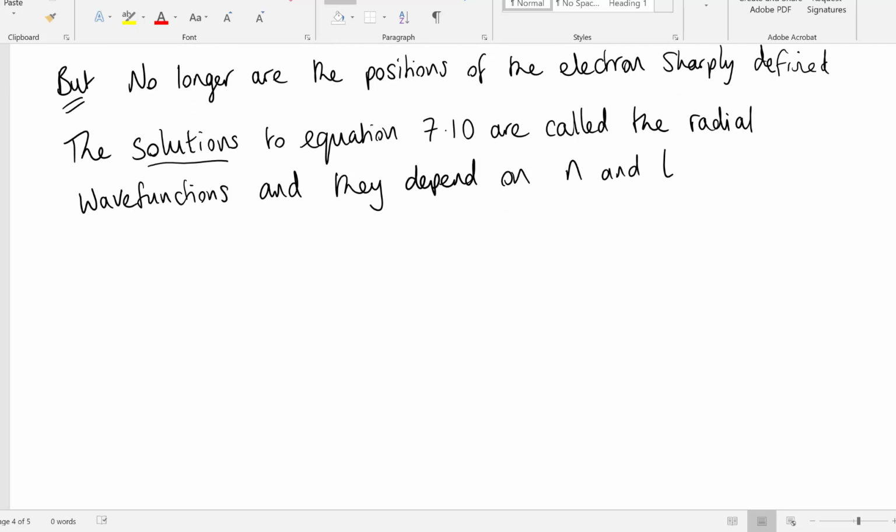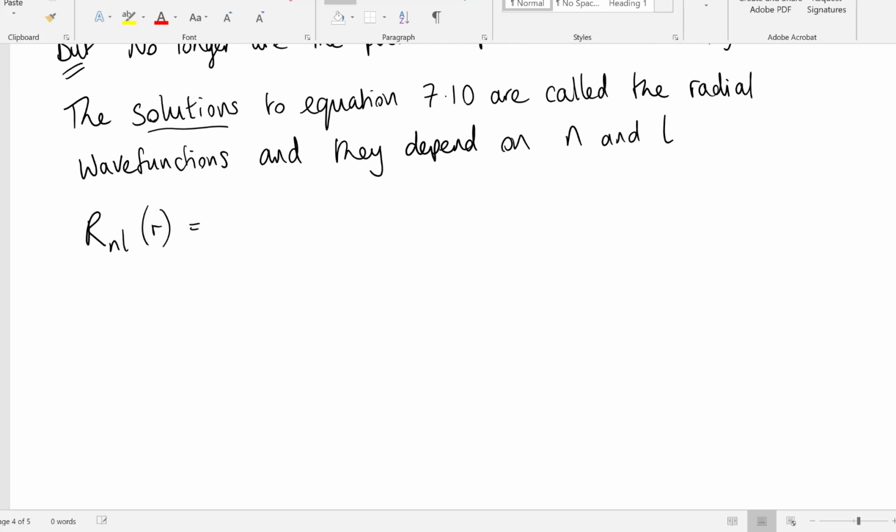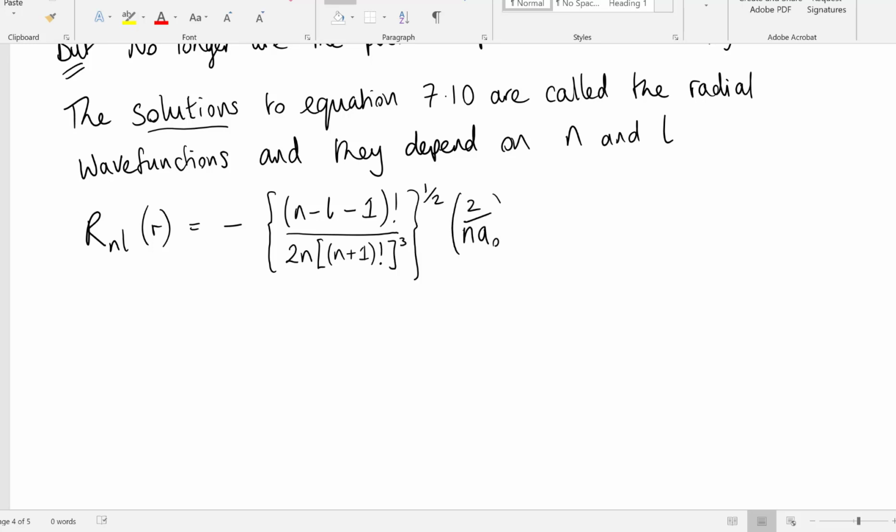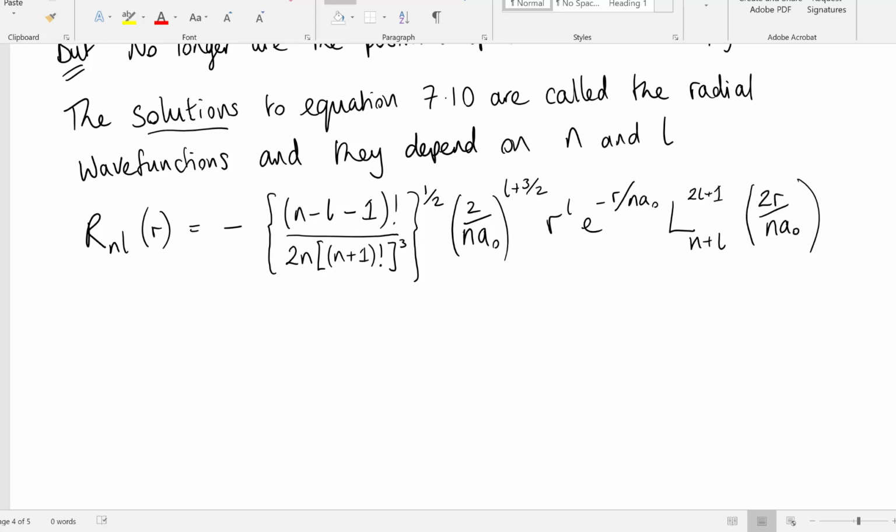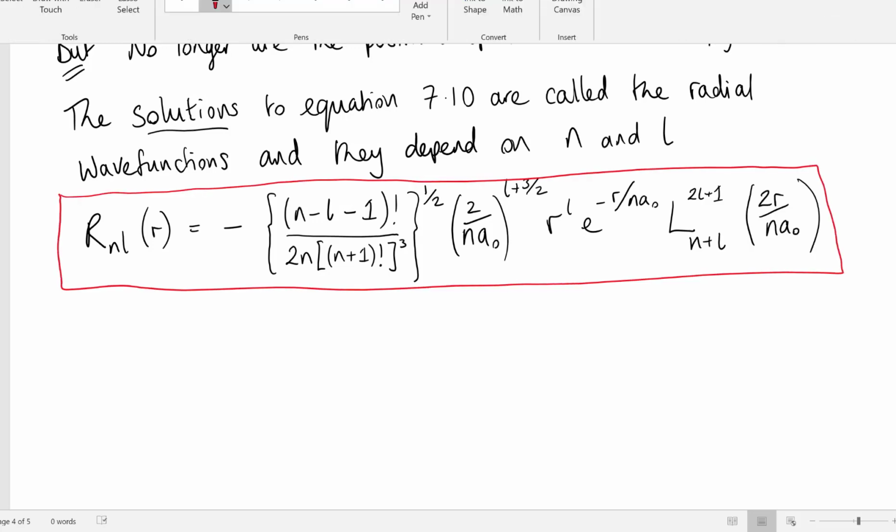And I'm going to provide a general expression for those wave functions. So here's the general solution,